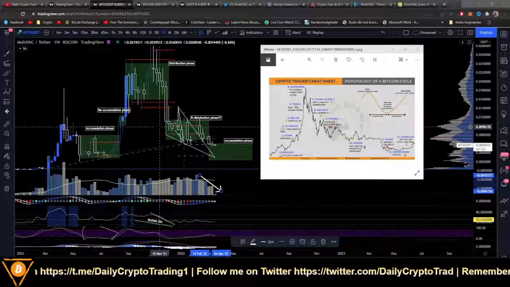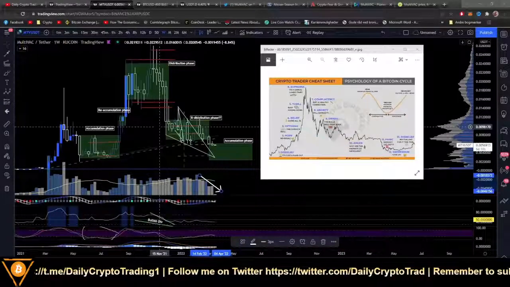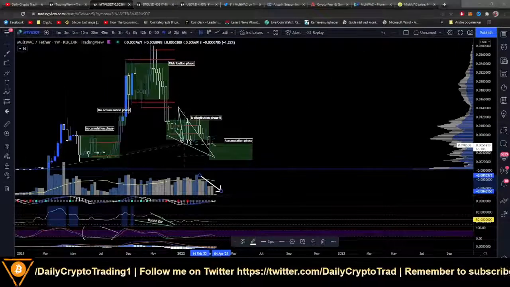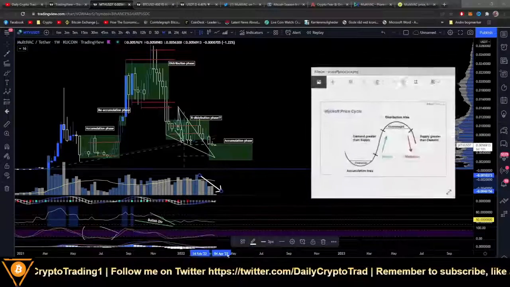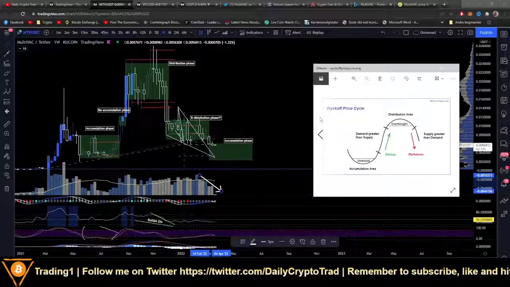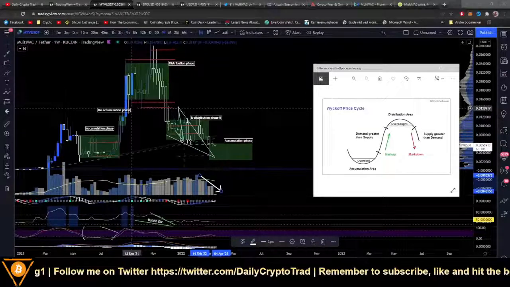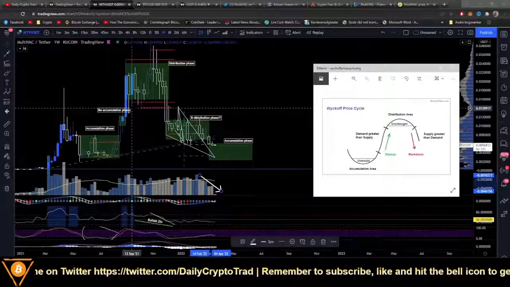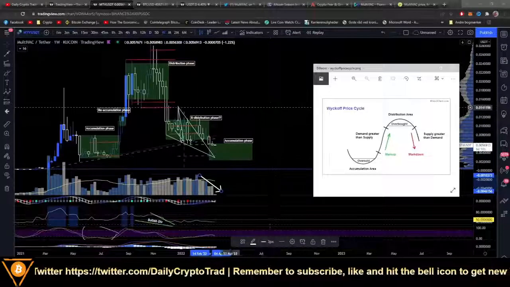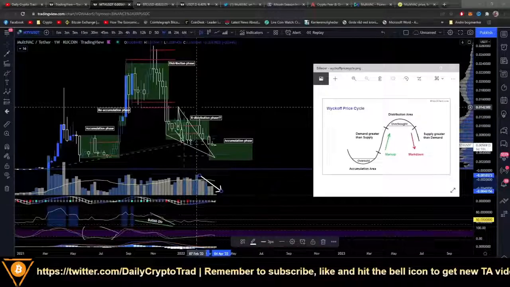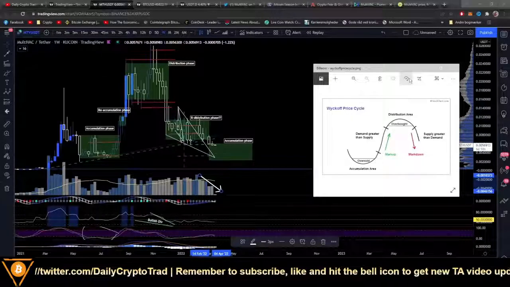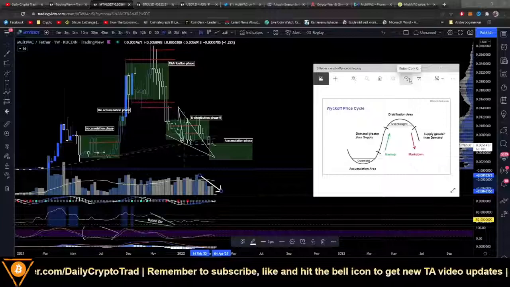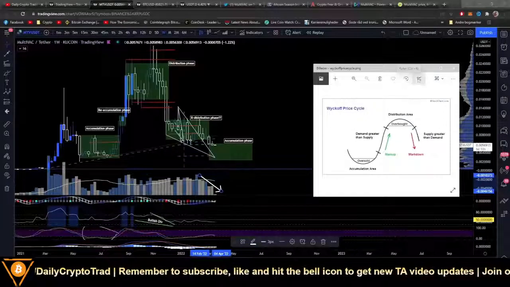Something else we can use to back these kinds of schematics up is something I also have been talking about, guys. If you follow my channel, you know about the Wyckoff price cycle, all right? Now, if you don't know, let me just explain. If people follow me intensely, they know about this because I use it not only in MultiVAC, I also use it on my other long-term project. It has made me great money to use these kinds of indicators. So let me explain about this, guys.